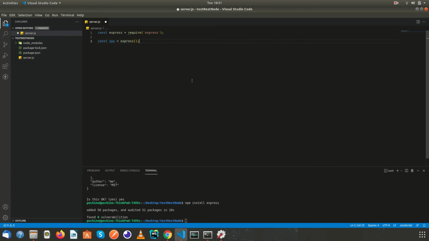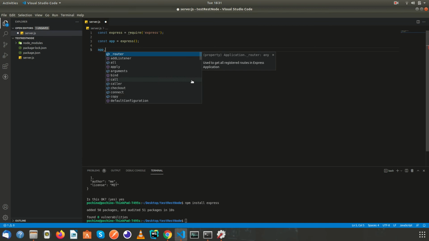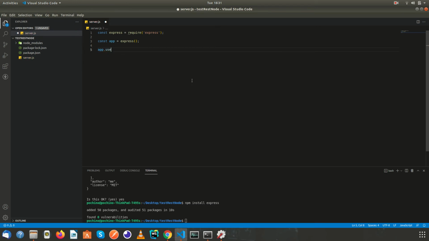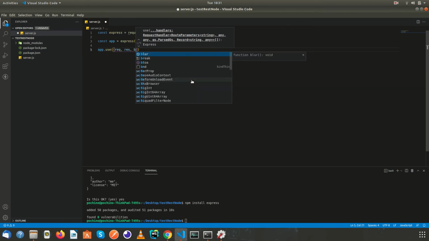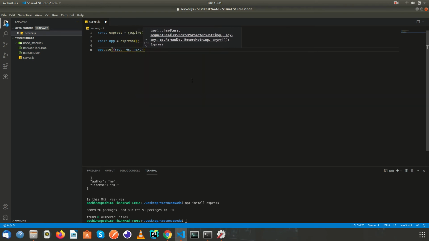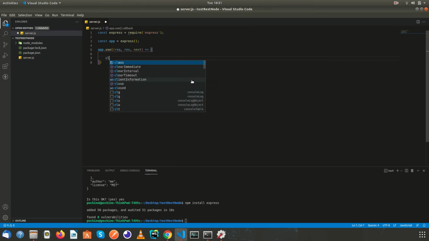Now we can just say app.use, a middleware that handles all requests. It has request, response and next, and we are just going to say